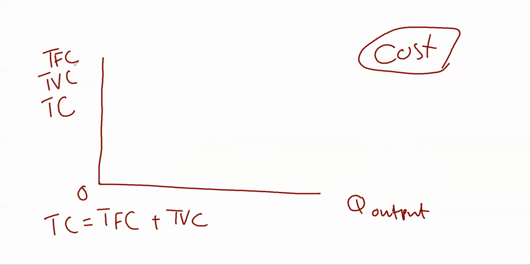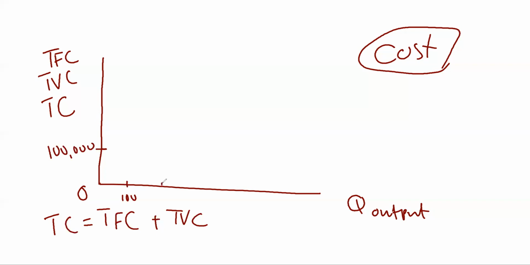So total fixed cost is fixed. Look at the definition we have. No matter how much you produce, your rent is not going to change. Your mortgage is not going to change. Your insurance is not going to change. So if you produce 100 units of output, your fixed cost, let's say, is